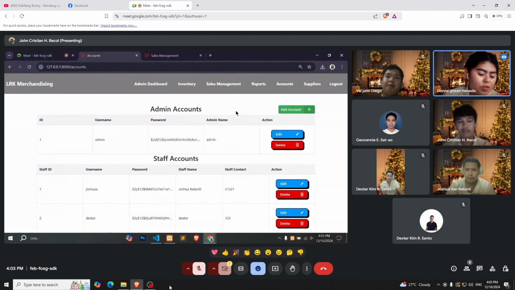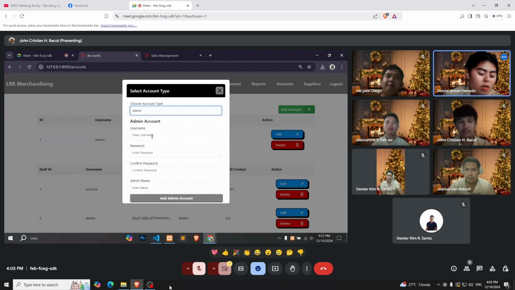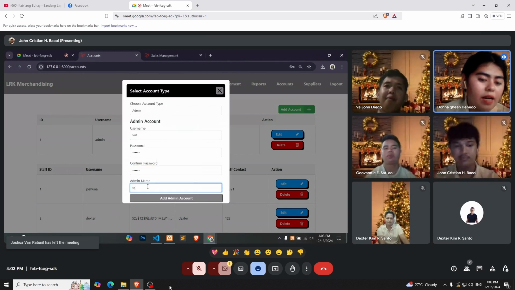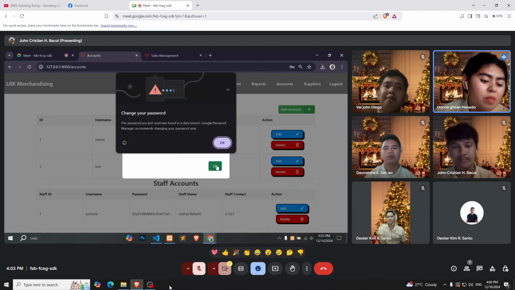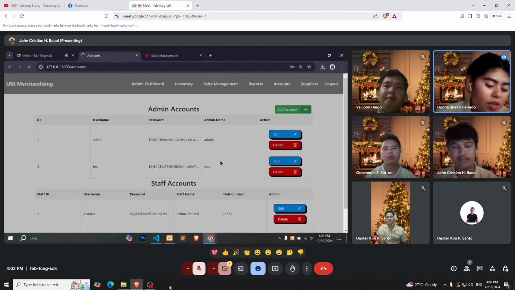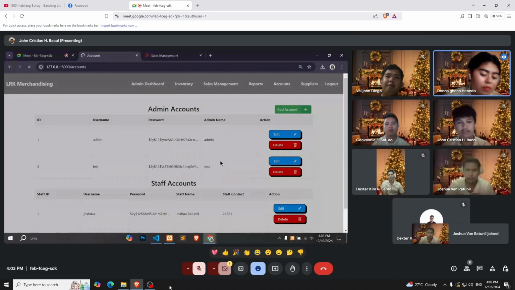Second, choose the type of account, whether it's admin or staff. Third, fill up the form. And fourth, click the Add Account button. Number 5, the success message will appear if you fill in the fields correctly.